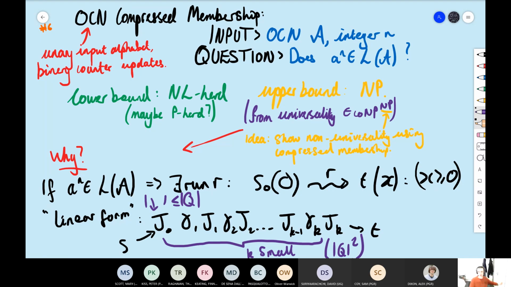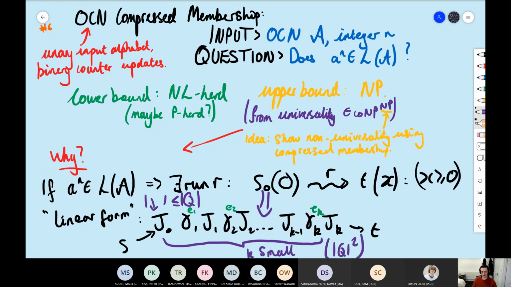And there are maybe some exponents here. Let's call them E1, E2. Maybe you take cycles multiple times. But we're allowed to write these exponents of the cycle, the number of times you take a cycle, in binary. That's okay. And someone else who was quite clever came along and showed that if I have a run like above, this implies the existence of a linear form run.